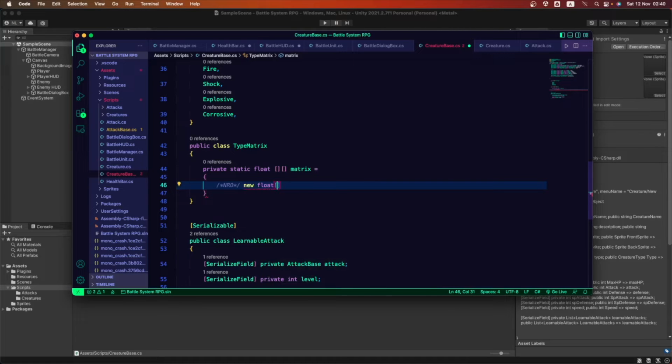Let's open up square brackets, and after that, bear with me on how I'm writing this, because how you write it is what is going to enable you to see this in an organized, orderly manner as a table visually. So let's open up curly brackets, and inside our curly brackets, we're going to set up these values.